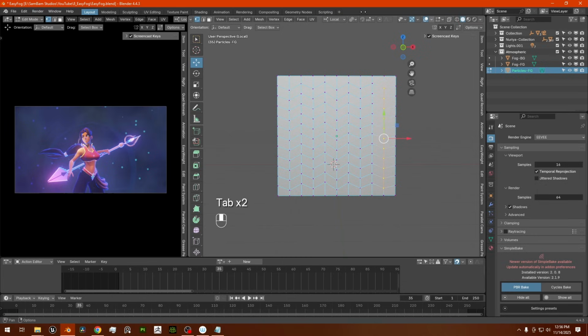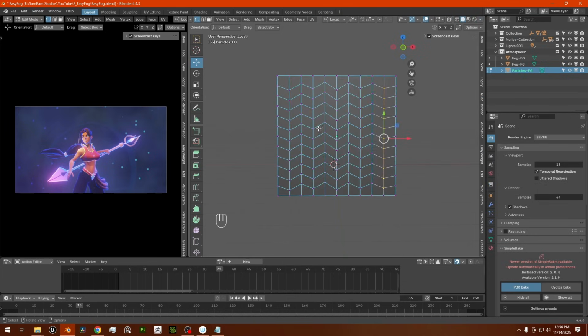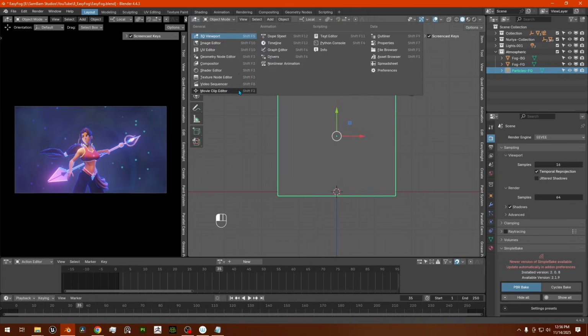I don't know if you can see, I'll maybe just switch my matcap color directly to black, just so it's a bit more visible. So what I've done here, I've just selected my vertices and moved them up and down. And you can just do it manually, which is a little bit better because you get a bit more randomized effect if you want. And now I'm going to go back to my shader